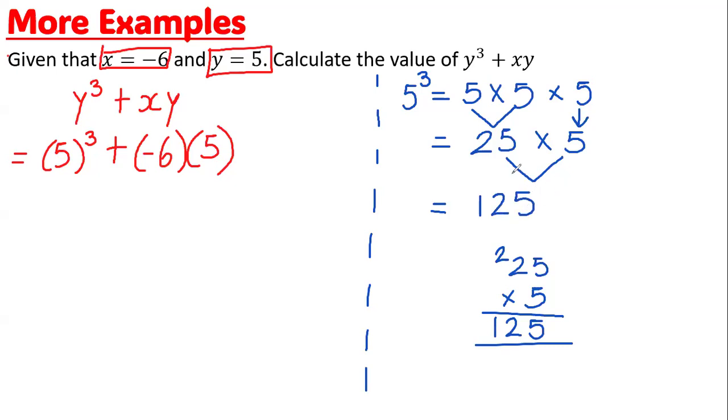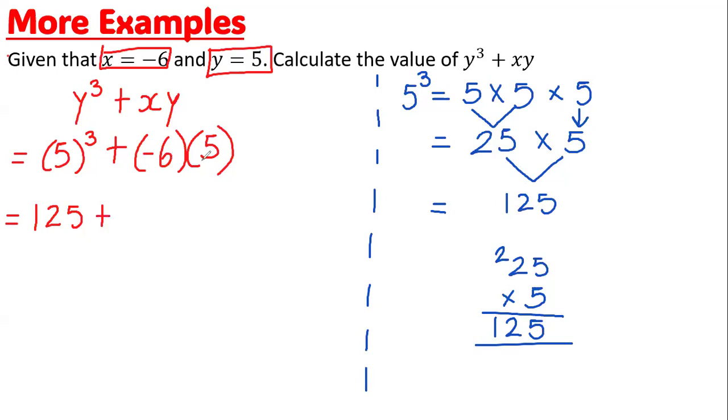Anyone got 125 for that? Yes, sir. Me. Perfect. So it's going to be 125 here. Next, we say that 5 cubed is 125, plus